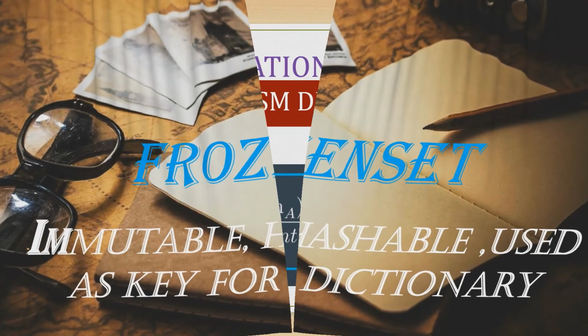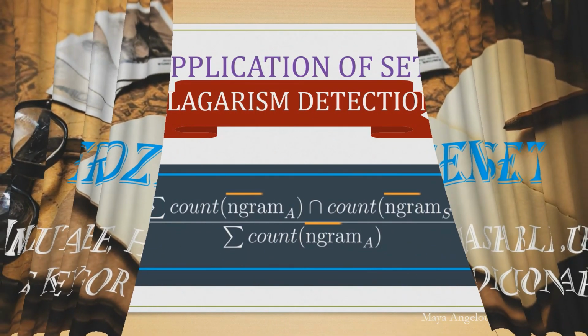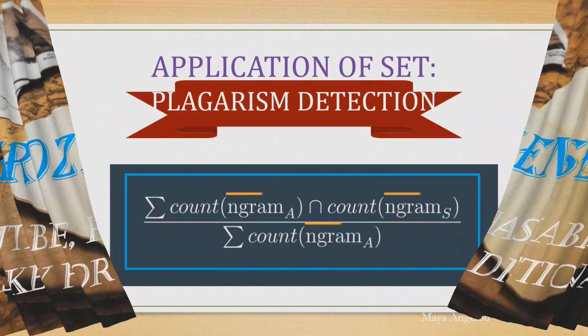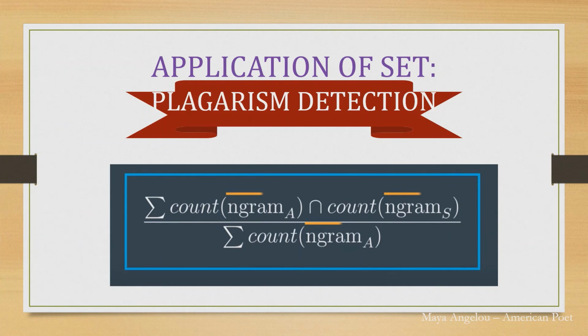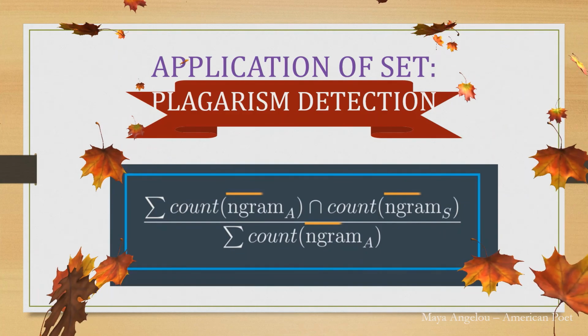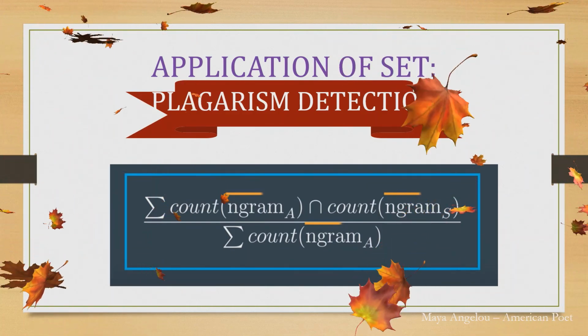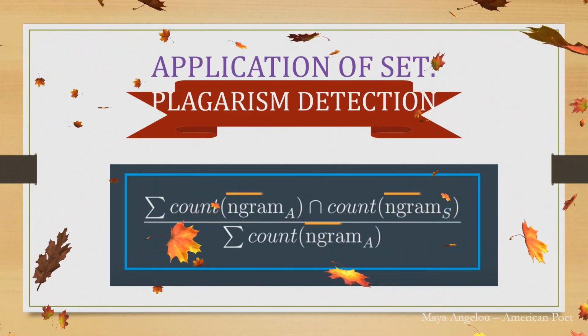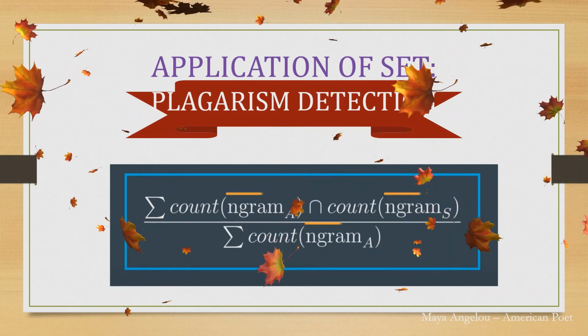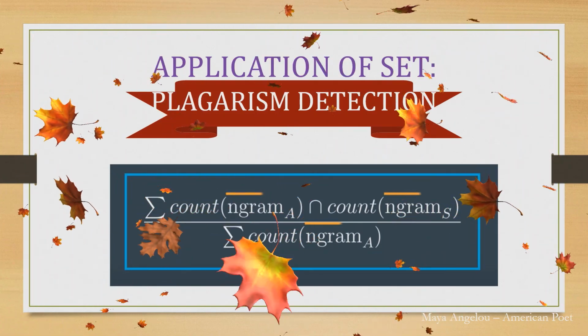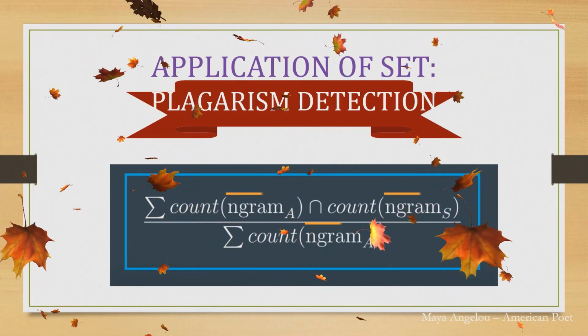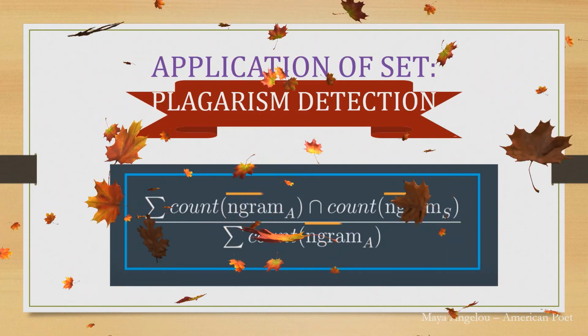Here is the most awaited moment where we talk about the application of set, which is plagiarism detection, where the intersection of two sets is obtained, which is divided by the length of the set to see to which extent the content is redundant. We also have other factors like longest common subsequence to produce the complete output for plagiarism detection.